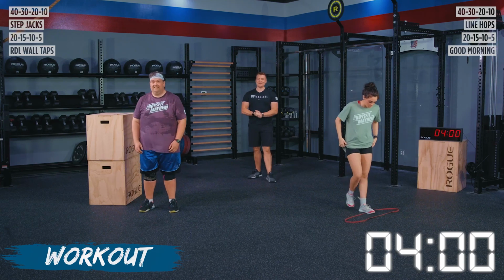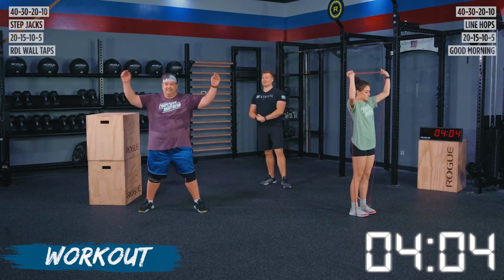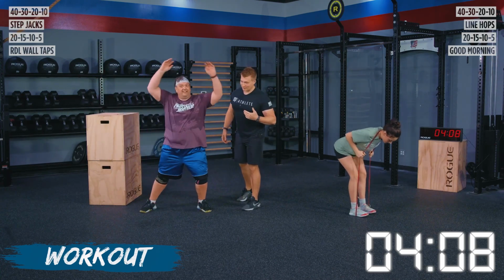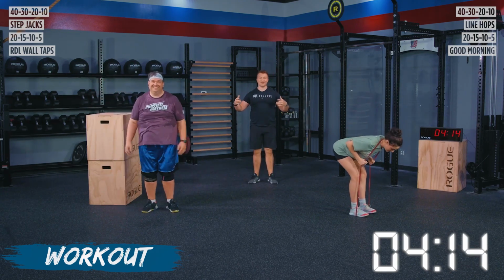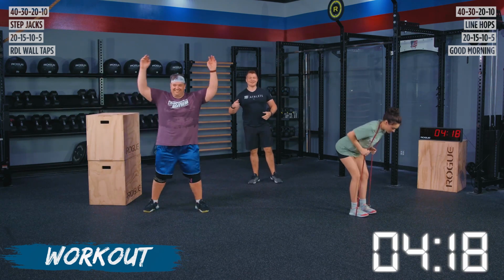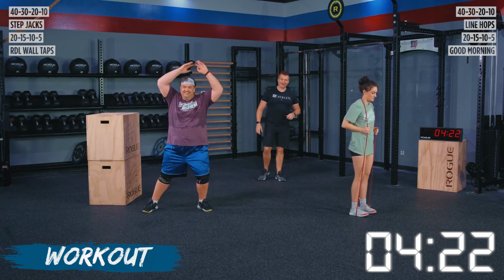We got Philip moving back to his third set of his step jacks. If you guys want to make a little noise at the top, Philip, what's your chosen noise for your step jacks? Yeah. There we go. You can't hear it here because we don't have Philip mic'd up. It would be too motivating if we had that, but we can hear it here. So it's a yeah, whatever your noise is. Let's keep it up. We are going through step jacks, and Clara is on to her next set of her